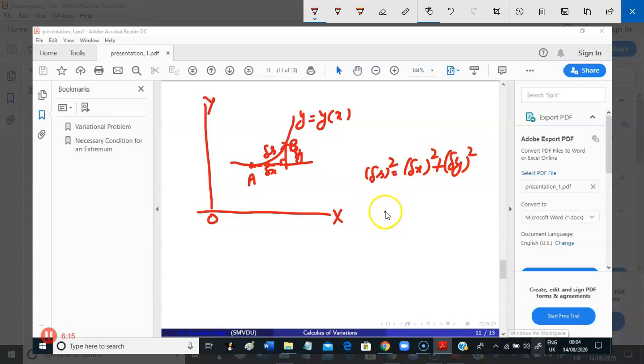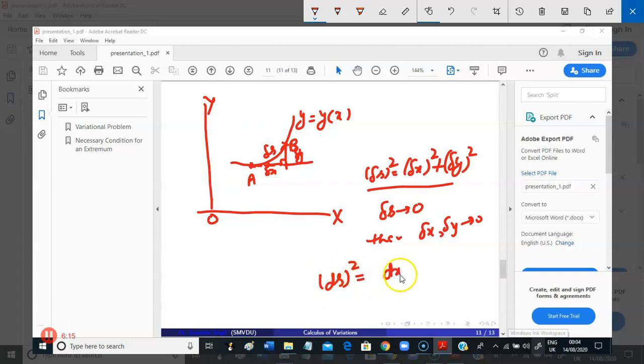So when delta s tends to 0, then delta x, delta y also tend to 0, and this expression in the form of differentials can be written as ds square equals dx square plus dy square,